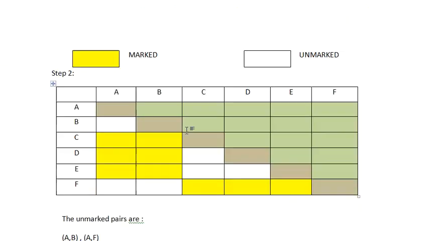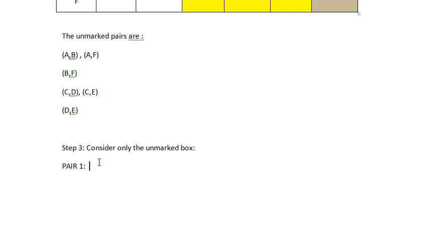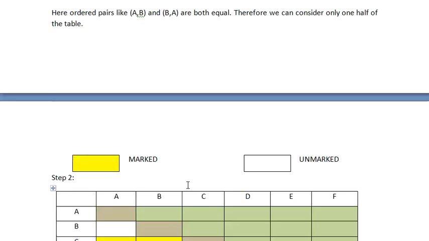First I have to check pair number 1. Pair number 1 is A comma B. Clear? So how to do this? See, if I use the transition function, that is delta, I can use it for A, capital letter A, on seeing the input alphabet. The input alphabets we are using here are 0 and 1, so I have to check for both 0 and 1. On seeing 0, where is it going? Let me check the diagram.